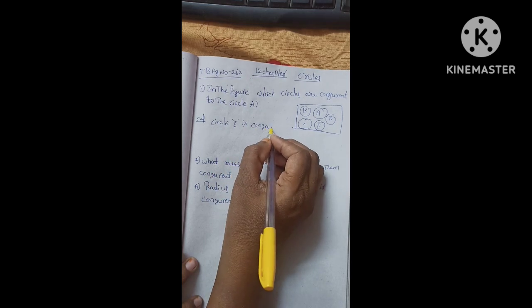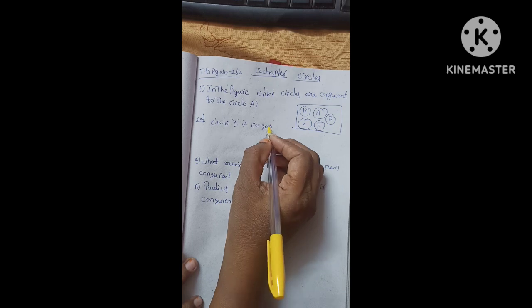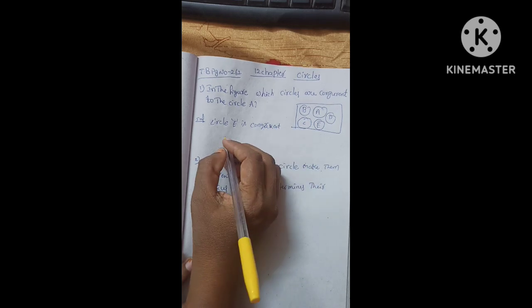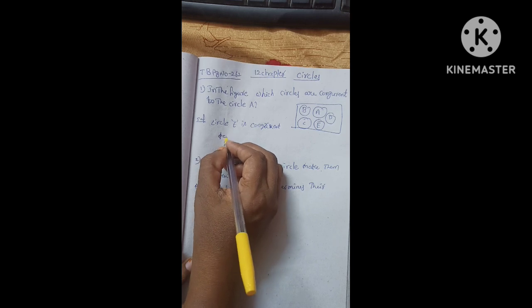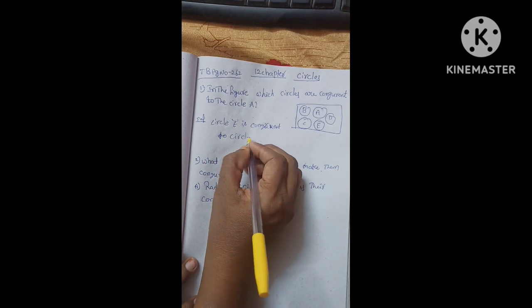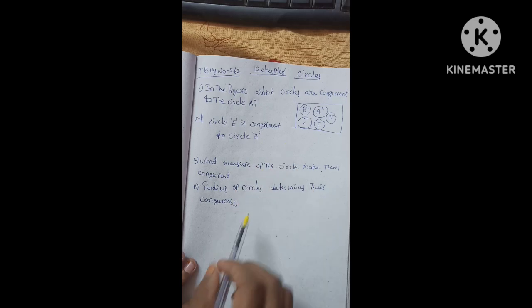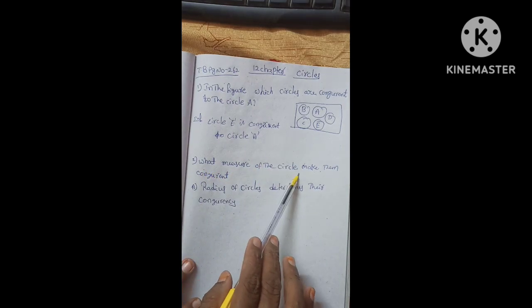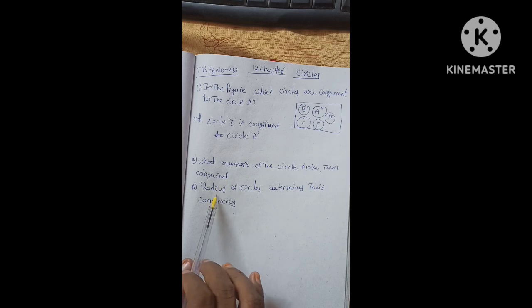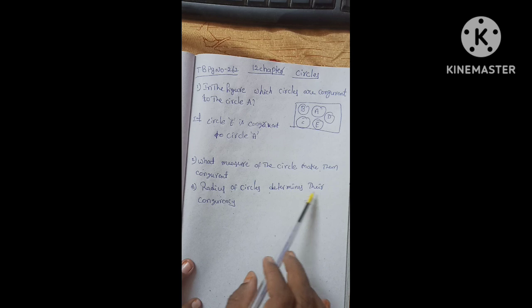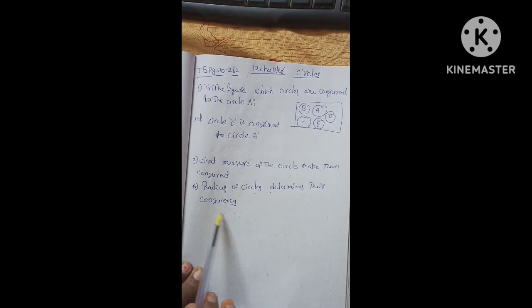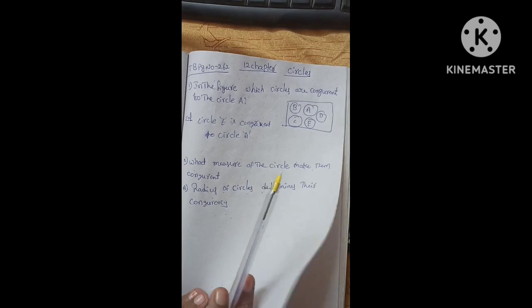congruent to circle A. Circle E is congruent to circle A. Second question: what measure of the circles makes them congruent? Answer: the radius of circles determines their congruency. The radius of the circle determines their congruency. Simple questions. Next,